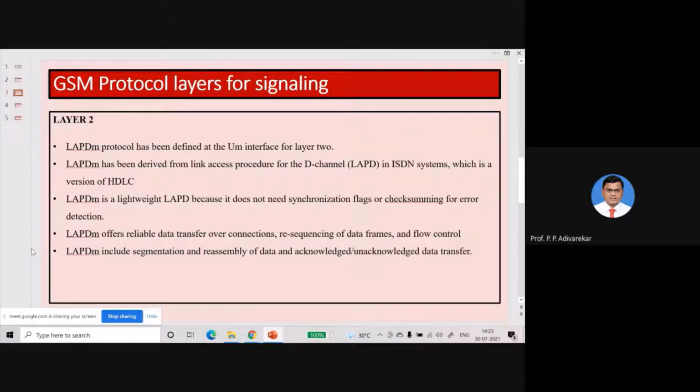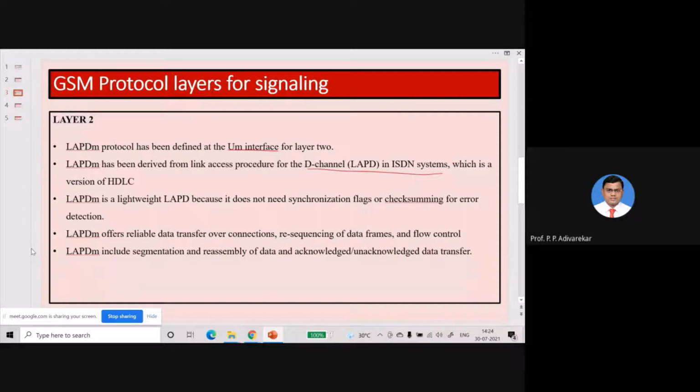Now what is the D channel, that we will see later on. But LAPDm is a version of the LAPD protocol, that is defined for digital wired telephony, the ISDN system, and it is adapted for mobility. That's why the subscript m is attached to LAPD here.